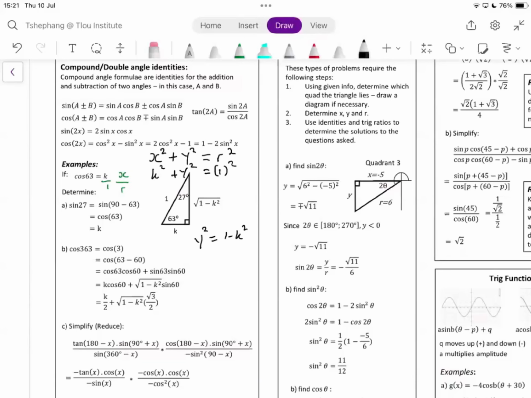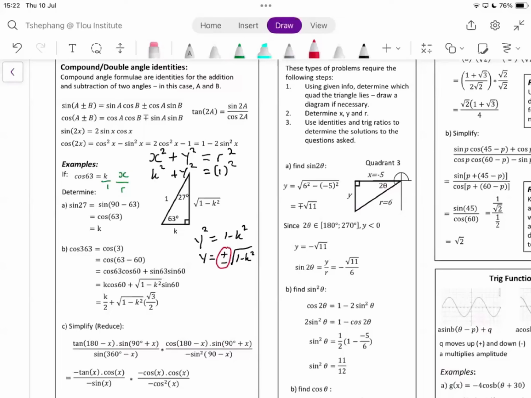Right? Now, this, we know when we get rid of a square root, what do we say? Plus or minus. This is going to be the square root of 1 minus k squared. Do not fall into the trap of saying this is 1 minus k. Remember, we need to deal with whatever is under the square root first before we cancel that 2. Don't say the square root of 1 is 1 and the square root of k squared is just k. It doesn't work that way. You need to find what 1 minus k squared is first, and then, only then, get rid of the square root. Now, after saying plus or minus, which one are we going to pick?